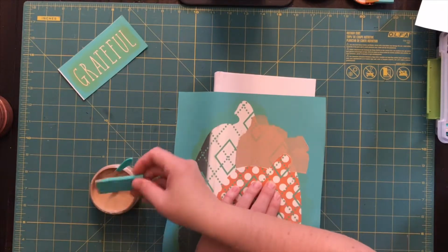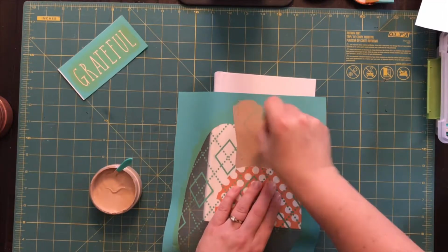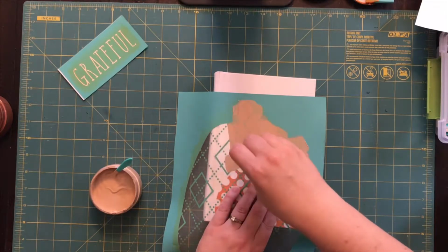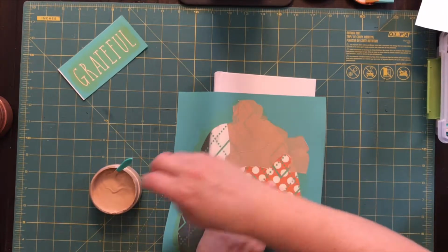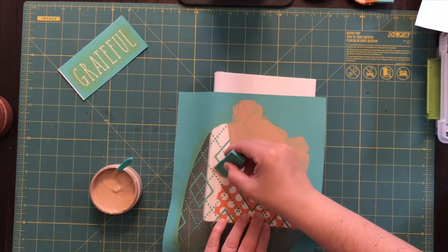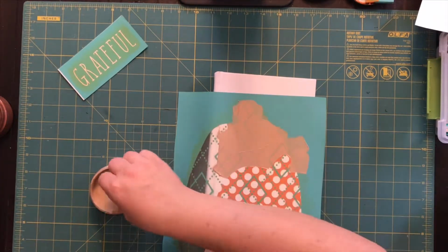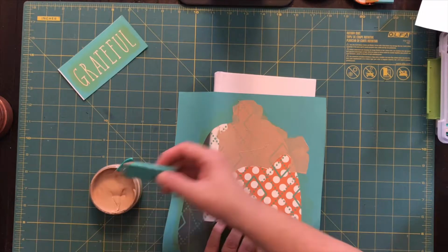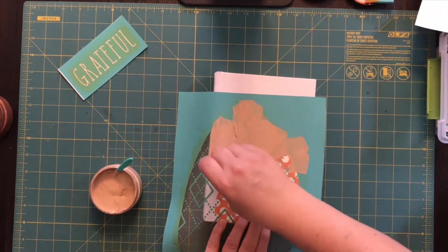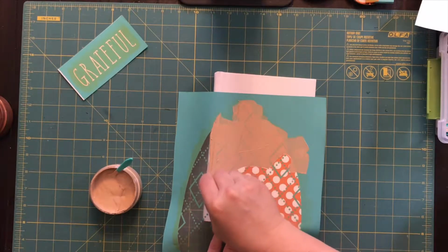So let's do the other areas that we can a little faster. You can leave your paste on a little bit thicker while you're working, and it'll keep it wetter longer. And then you can go back and scrape off all the excess right before you're ready to peel up your transfer. This is what I was saying over here, where it's not going to be perfect because it might be a little spotty or even a little gloppier around the